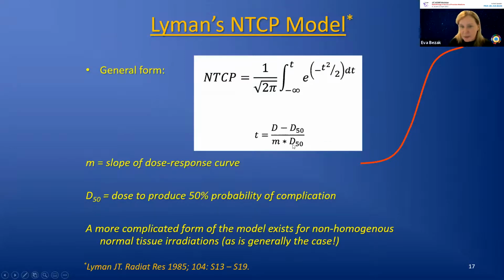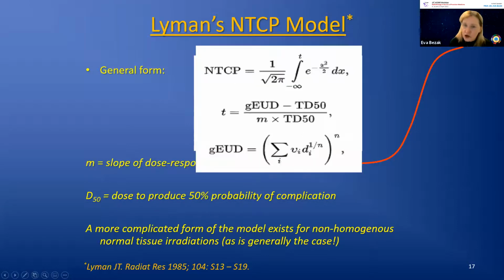So this is a very simple expression that assumes that the normal structure received a uniform dose. This is usually not the case because the normal tissue lies within the dose gradient and penumbra of the dose. So the more generic expression for the parameter T is where we use the generalized equivalent uniform dose, and I'm not explaining this term within this lecture, that actually depends on the volume and dose distribution within the normal tissue,